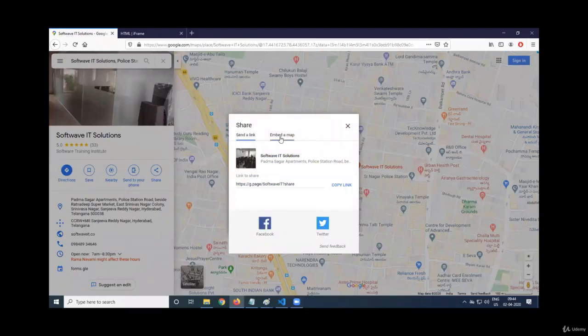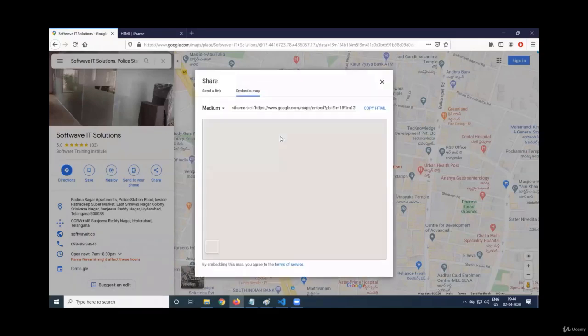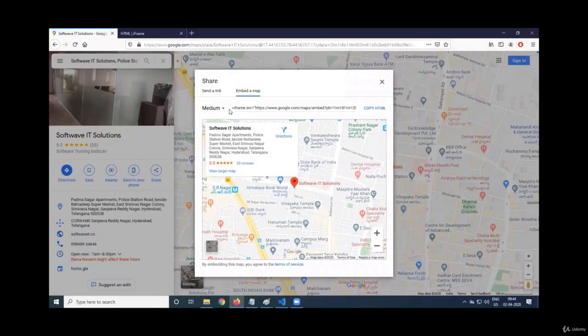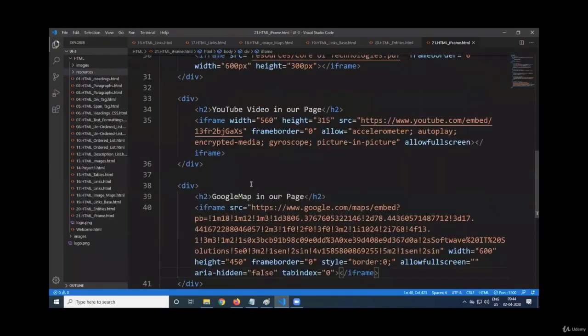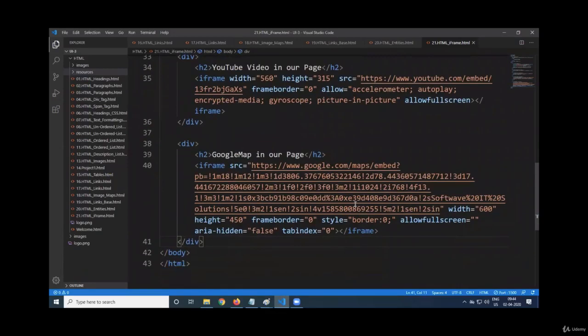The second link is embed a map. There we got this iframe. So just copy HTML. We copied it. Once you copy, just integrate that in our web page. Paste it. Maps google.com maps embed, some code is coming.